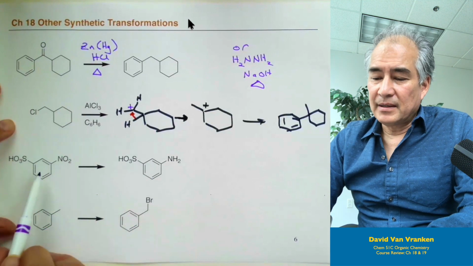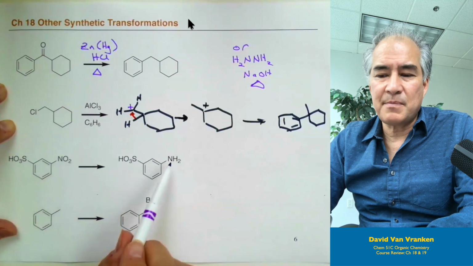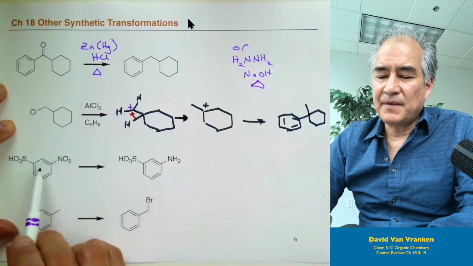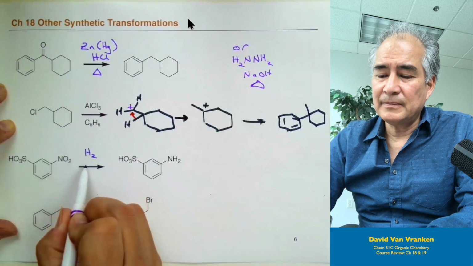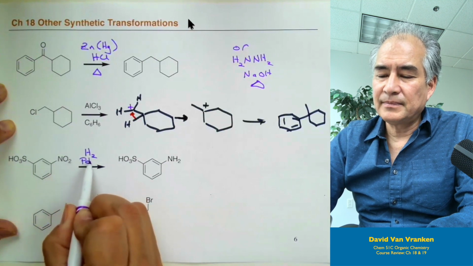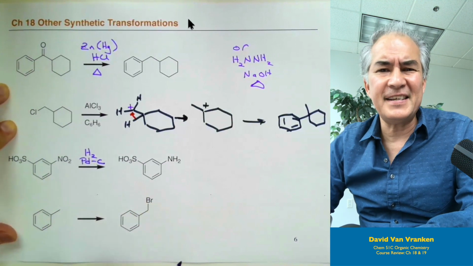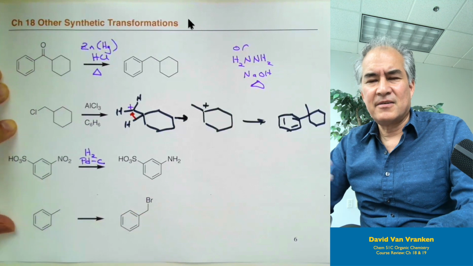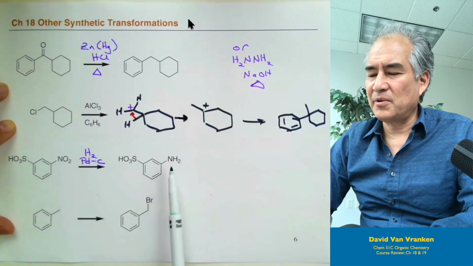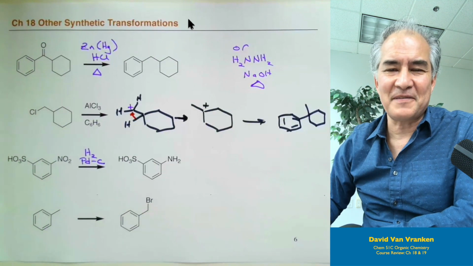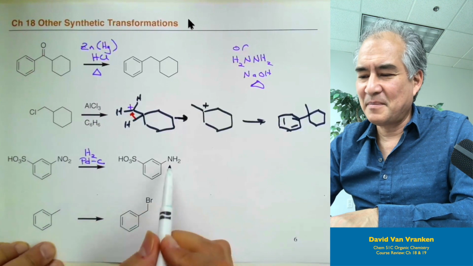Okay, so another reaction that we taught you in chapter 18 was the reduction of nitro groups to make amino groups. And if there's no halogens on the ring, that's super simple. You just use hydrogen and palladium on carbon. If there is a halogen that you want to keep on there, then you have to use that tin hydrochloric acid reduction. A little clumsier, but this is so simple. You just evaporate, you filter off the palladium and evaporate all the solvents, and you've got pure amine in 100%